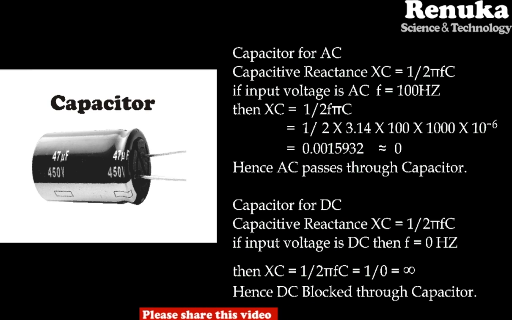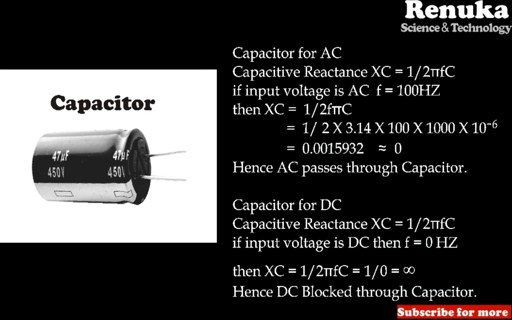Suppose the input voltage has a frequency of 100 Hz. Generally in India we use 50 Hz AC voltage for power supply. So here the frequency of AC is 50 Hz. If you are using a full wave rectifier, this frequency gets doubled at the output. That is why we have considered the frequency equal to 100 Hz here. If you calculate Xc, it is 1 upon 2 into 3.14 into 100 into 1000 into 10 raised to power minus 6. That means we have used a capacitor of value 1000 microfarad, and 100 is the frequency.